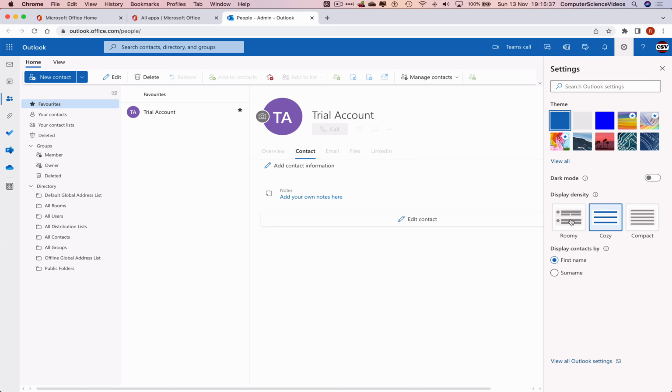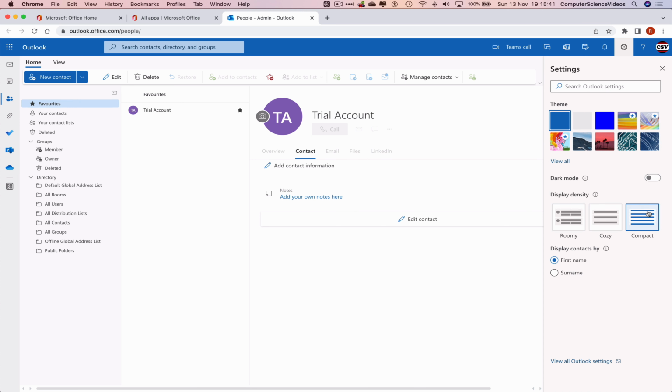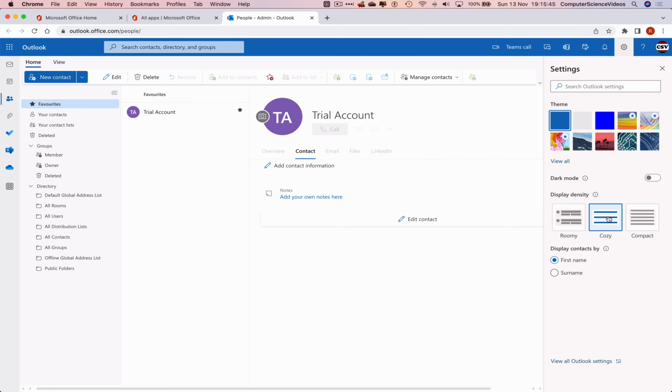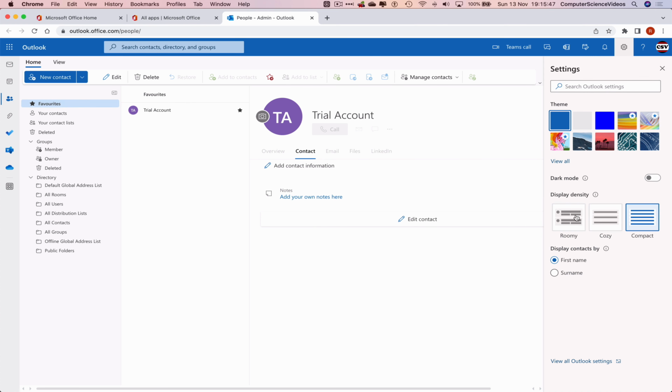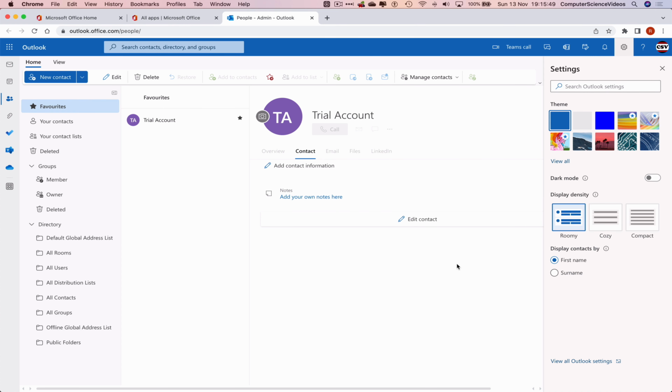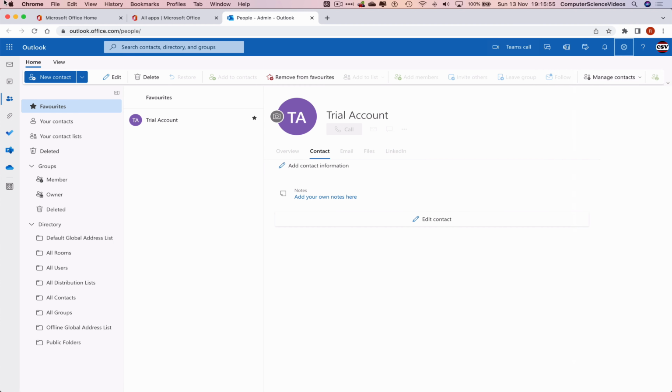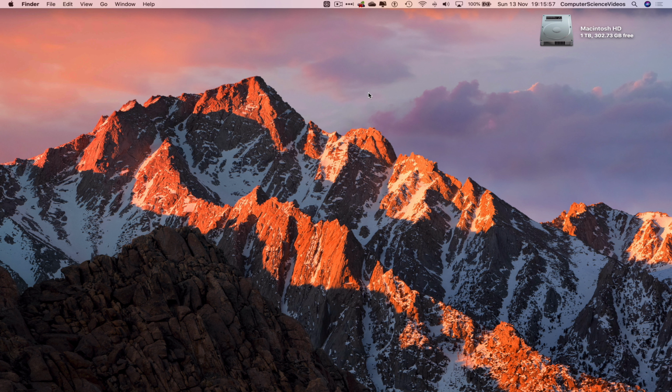We have seen the change, or we can change to compact. So that makes another change take place on screen. So roomy, cozy, compact. Let's just leave it the way it is. Roomy looks better than ever, so we can now close out of settings, quit Google Chrome, and so that's it